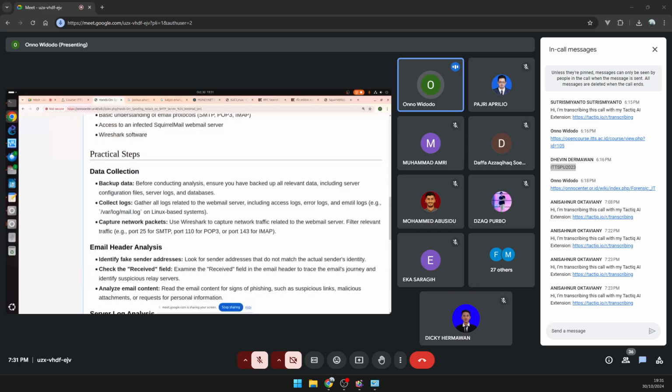Now, having said that, this one is not encrypted. We can view the source. So this is the email header that I sent. You can see this IP address